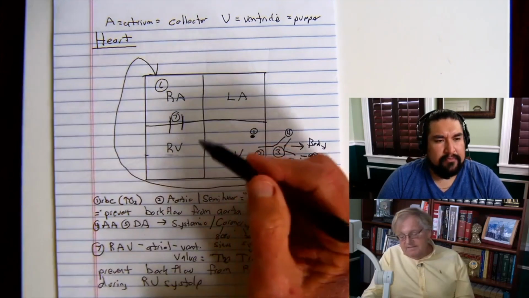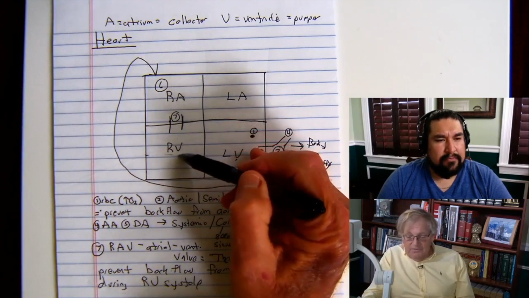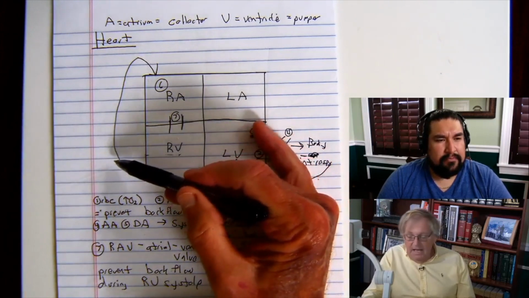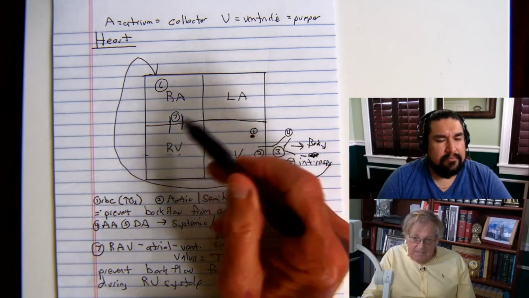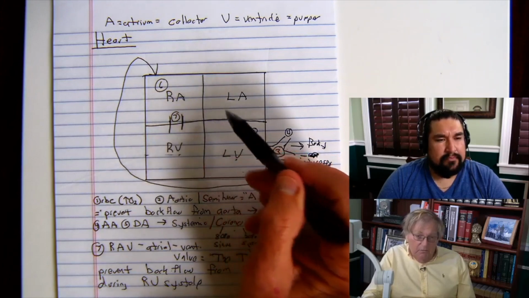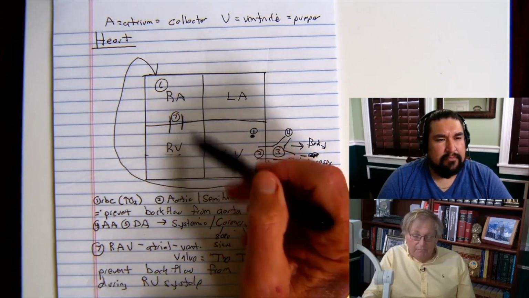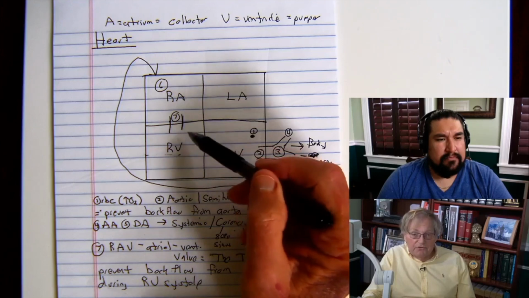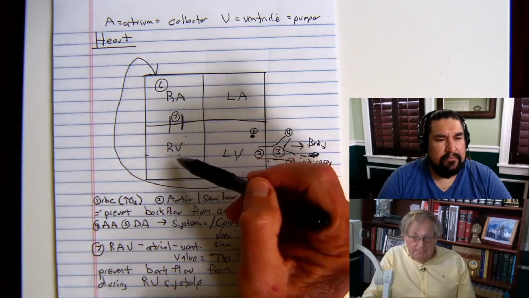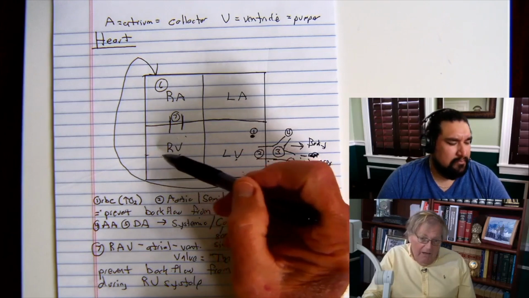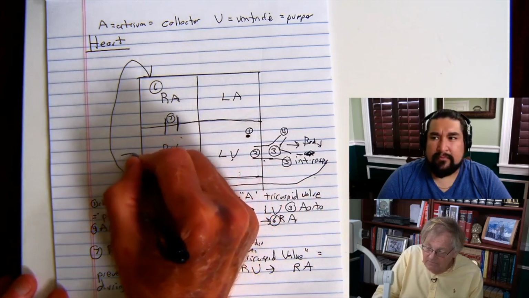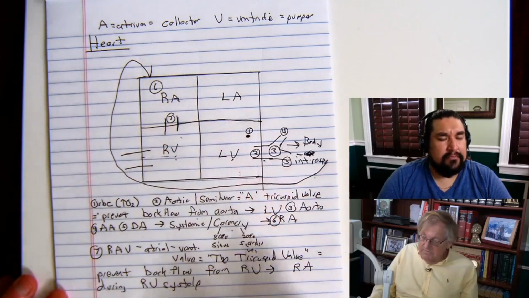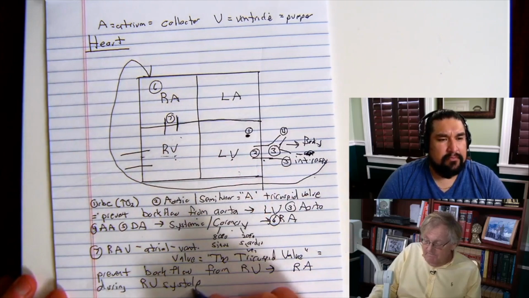When I'm sending blood into that right ventricle to get pumped out to the lungs, I don't want that to backflow into the right atrium, because remember, my heart is beating pretty quickly, and because it's beating quickly, I'm going to end up with too much back pressure. So just remember, the function here is that I want that blood to go out instead of going up. So coming out of the right ventricle now is going to have to be another valve. So now I'm inside of the right ventricle, and once I get in the right ventricle, I got to pass through